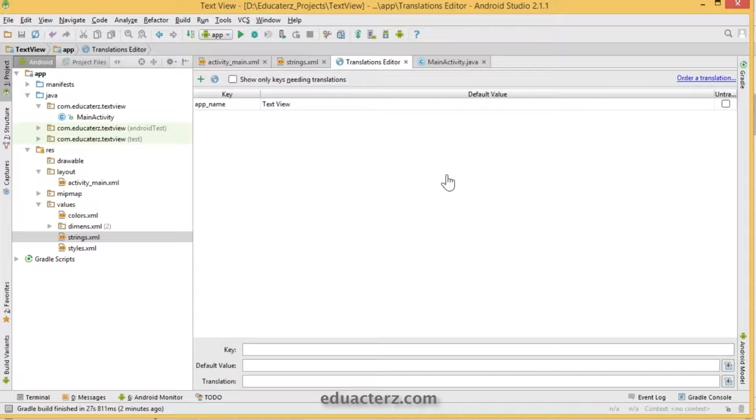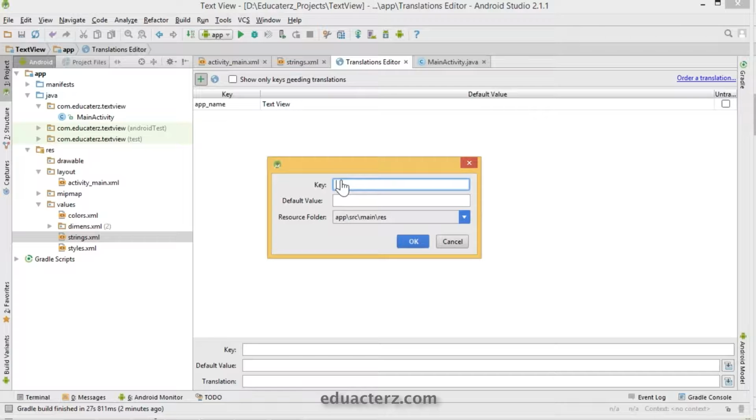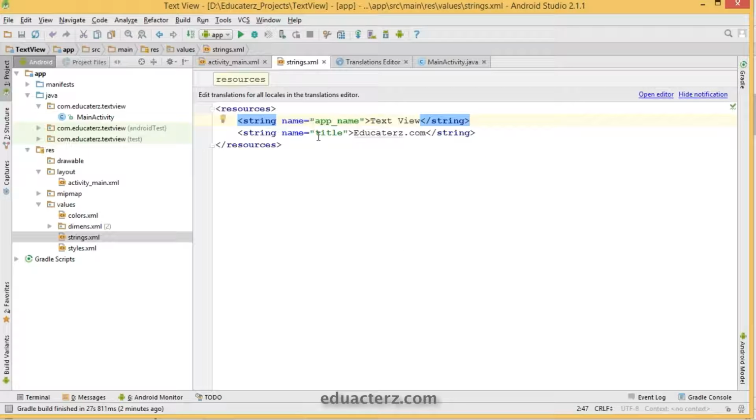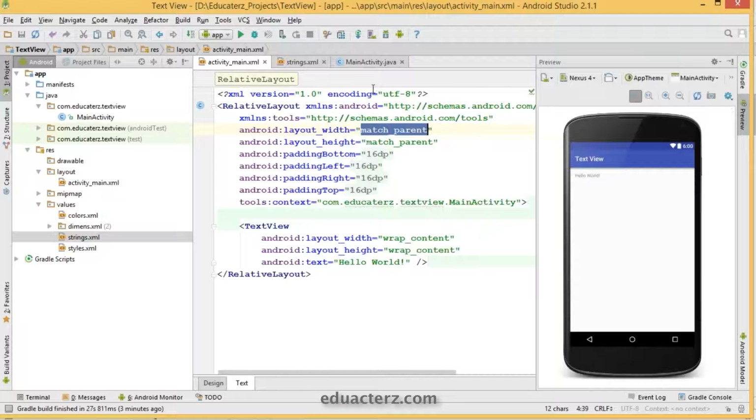Simply click on the top left, add key. I'm going to put the key as title and the value will be educators.com, or educators, whatever you say. Click OK, which will create your strings.xml entry. See here, the name is title and the value is educators.com. You can close the editor and come back to your XML file.